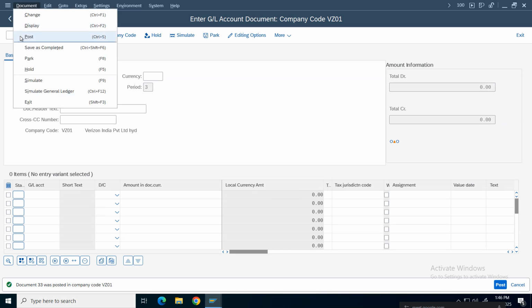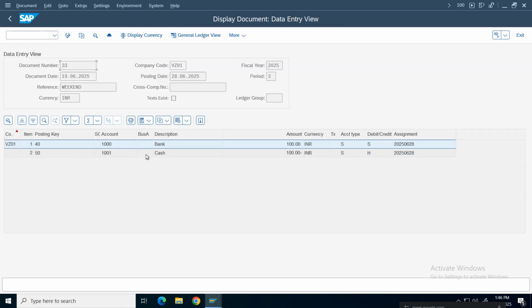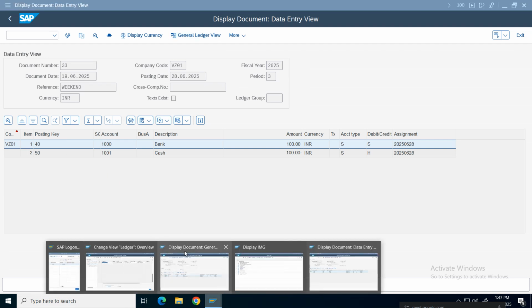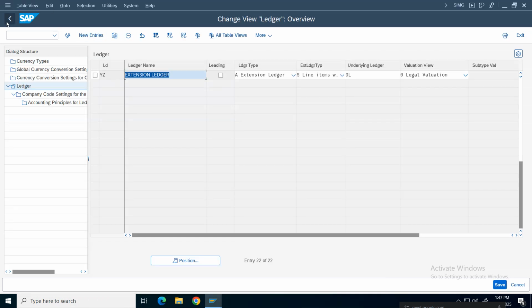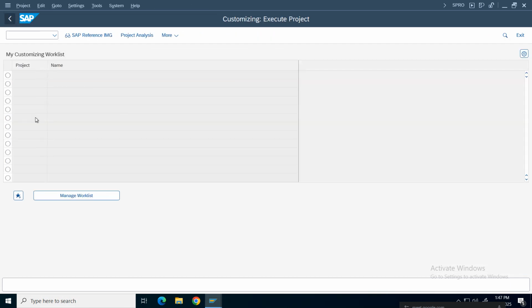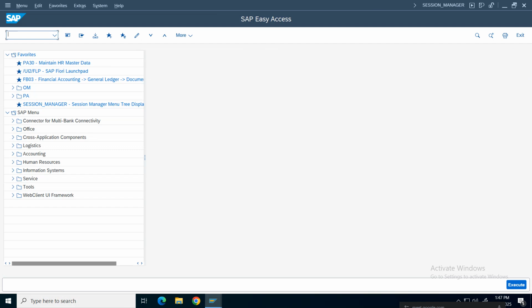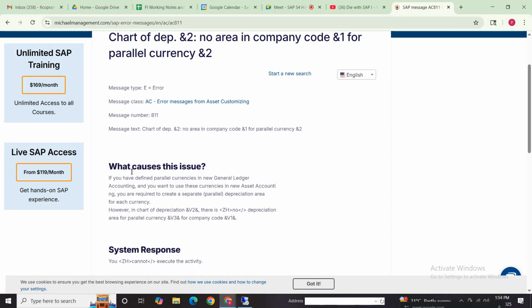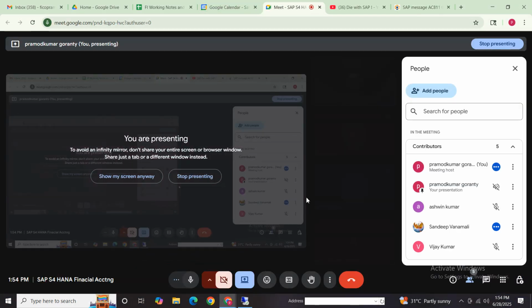So the document got posted successfully for our company code. What does it mean? Now our company code is fine. We can proceed with our asset accounting transactions. So what do you say? Do you want me to start today, or let us proceed with tomorrow's class? We will